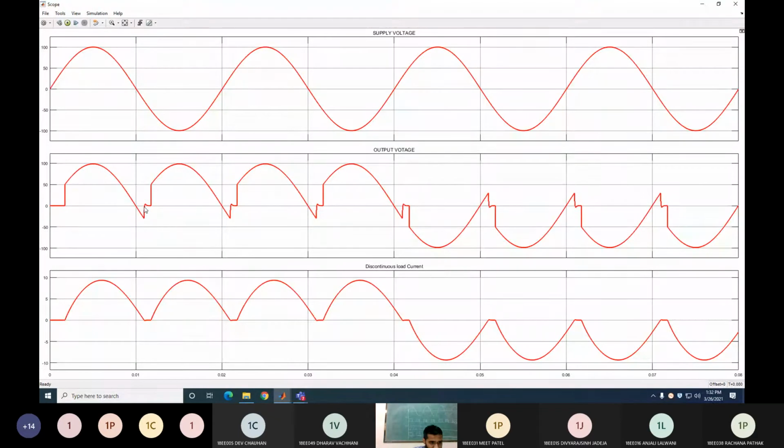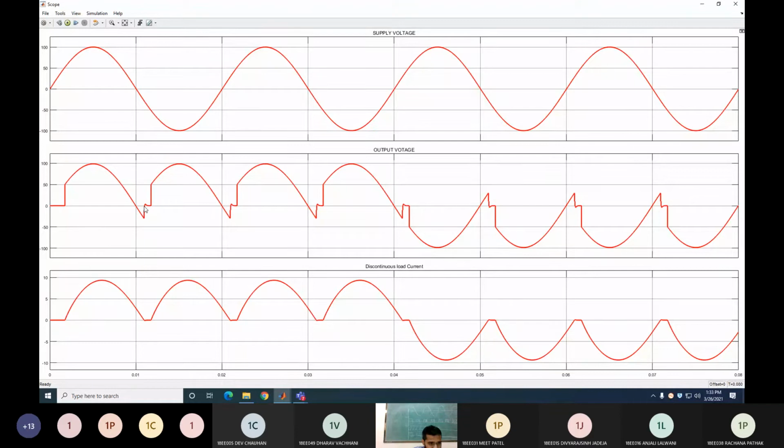At π plus φ, the current flowing through P1 P2 becomes 0. Clear? Because the inductor after this starts discharging, and then after that P1 P2 becomes off. So here your voltage becomes 0 at π plus φ at this angle. Now you can see that the load current also becomes 0 here. Your load current and thyristor current are the same. So when the P1 P2 current is 0, it means the load current is 0 at this point.